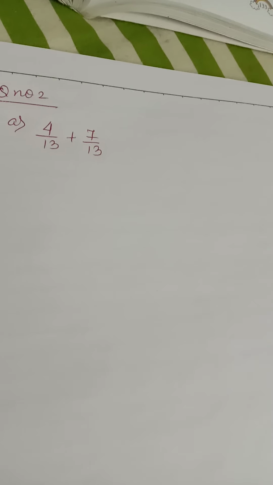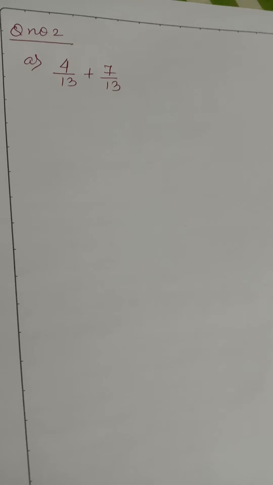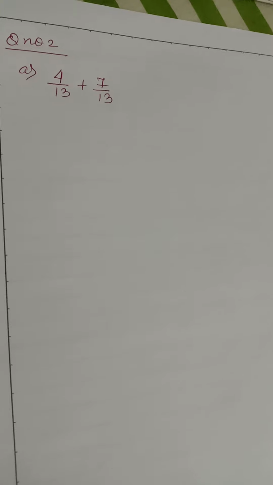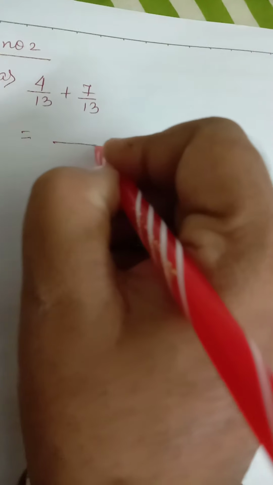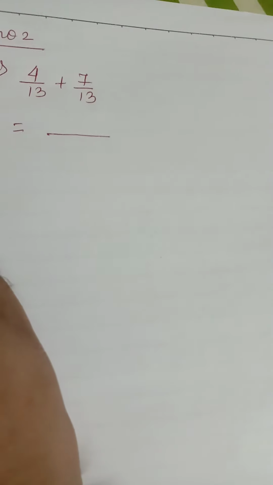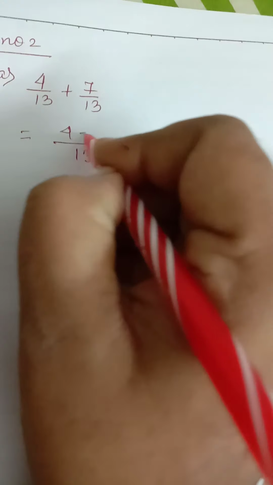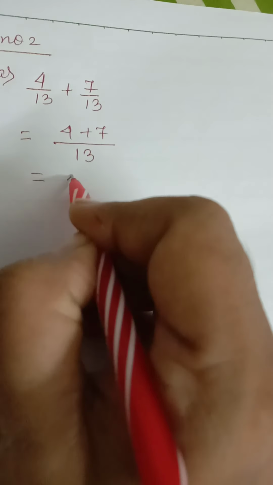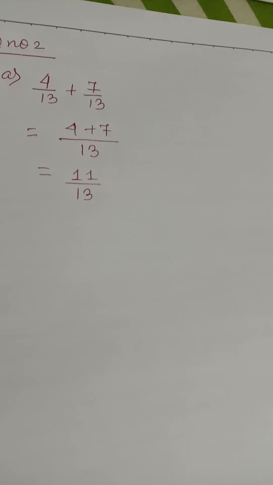Next we have addition of like fractions. In question number 2, they have given you two like fractions, that is 4 by 13 and 7 by 13. See, its addition is quite different from simple addition. What do you do in simple addition? 13 plus 13, 26, and 4 plus 7, 11. But no, here the denominators 13 and 13 are like terms, so they remain as 13. Denominators remain as they are, and numerators we add together. So this gives you 11 by 13.